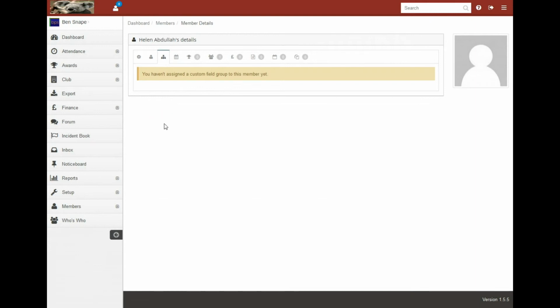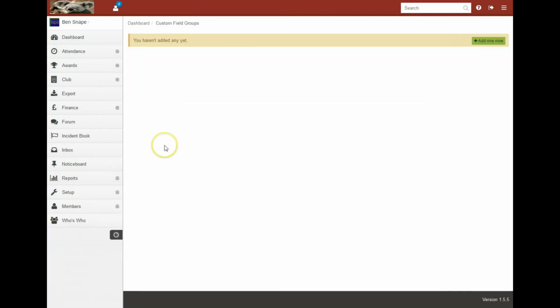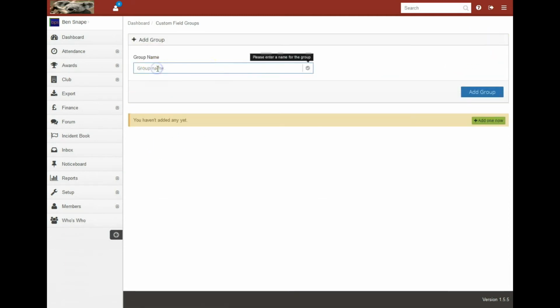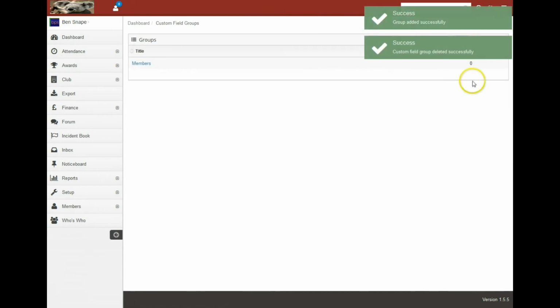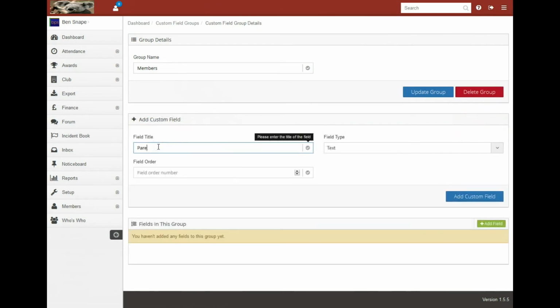To add a custom field, we first need to add a custom group, and that's under Setup, Custom Fields. Then click on the Add button. Call this group, for example, Members, because I'll be assigning it to the members. Click Add. Once that's done, click on it, and we can now add some fields to this group. So, for example, like we mentioned before, parents' consent to photograph. So click Add Field, Parent consent to